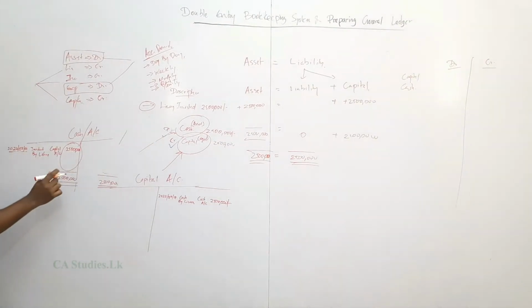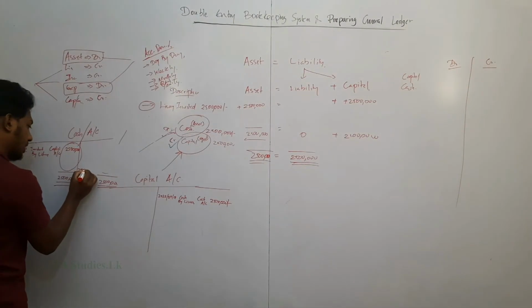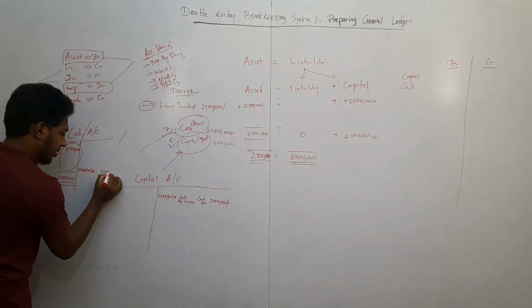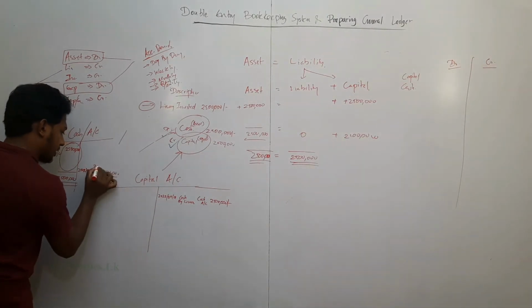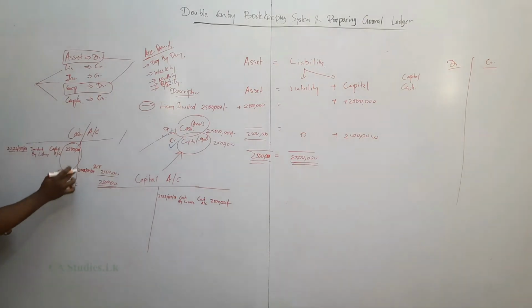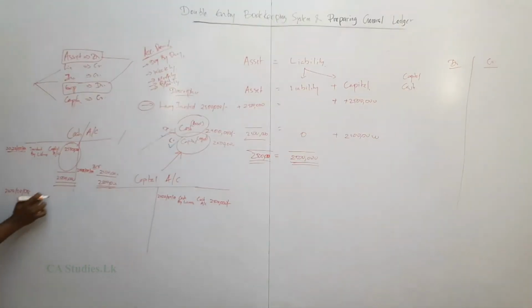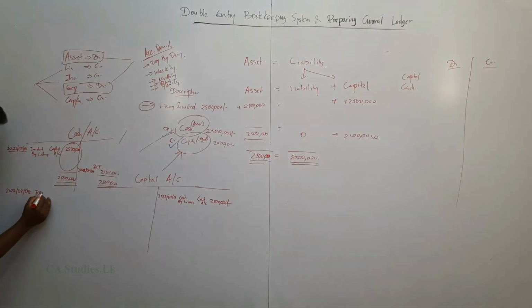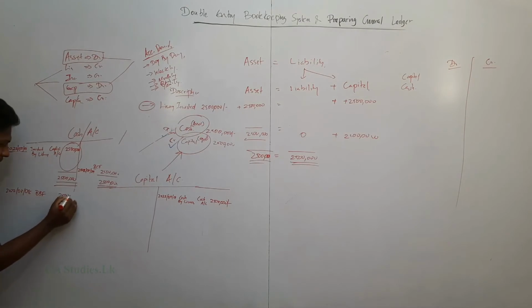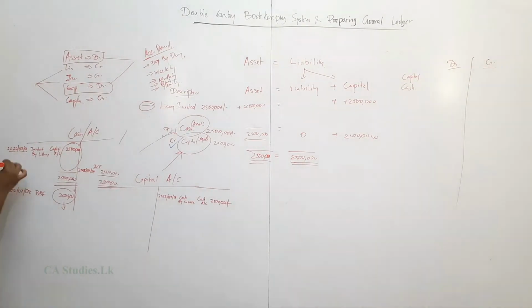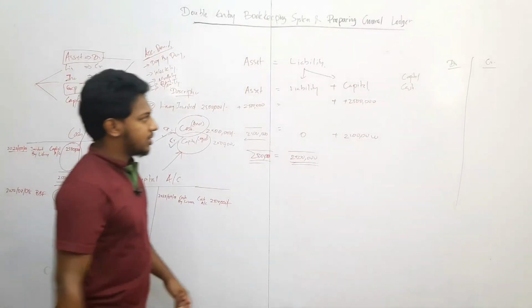I am closing weekly, so this should be 2022 July 7, 7 days. Now 2.5 million minus 0, 2.5 million. This is called balance carried forward. Now 2022 July 8, only one day different, balance brought forward 2.5 million. So the balance brought forward is the balance that starts from the next period. So this is the trial balance.